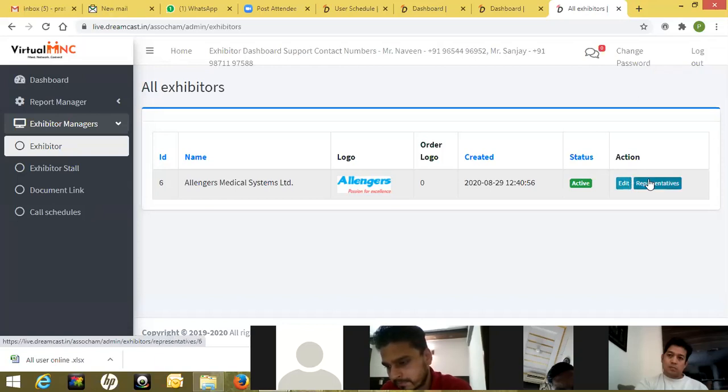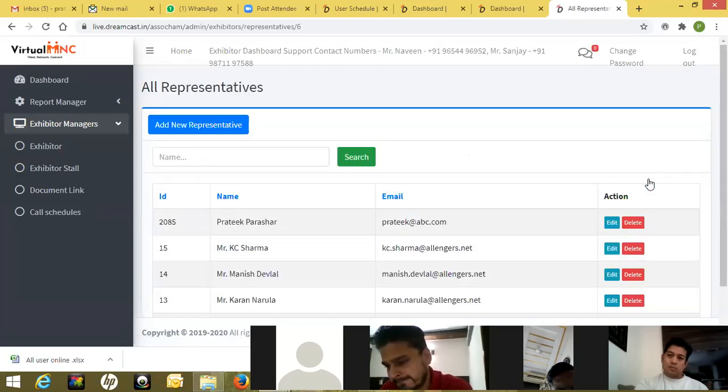Now the other part is this representatives tab. This is very important. Whatever information we add here is going to be the information of our booth representatives who will be available on the booth to chat with the visitors. Not to confuse, the booth staff info we uploaded earlier on the exhibitor stall tab only serves the purpose of a business card, where a visitor who comes to your booth sees the details of those booth representatives and can connect with them for future business. Separately, for the chat with the visitors, you have to punch in the details of your booth representatives here in this exhibitor tab.